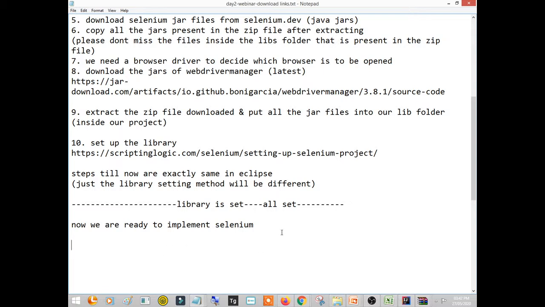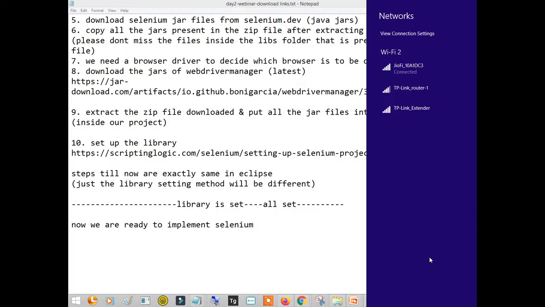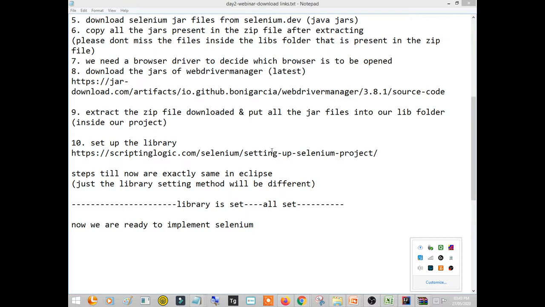So now we'll be implementing this Selenium WebDriver. Again, some people are complaining it's not visible properly. So let me just change the network. Yeah, it's already changed. You might change the resolution of YouTube, you might see things better.